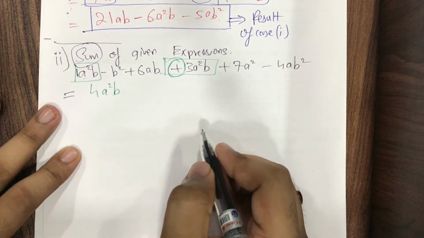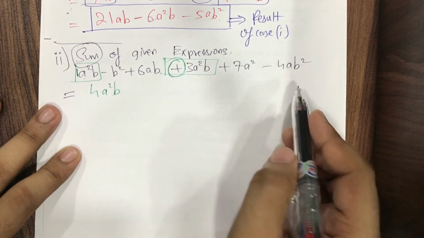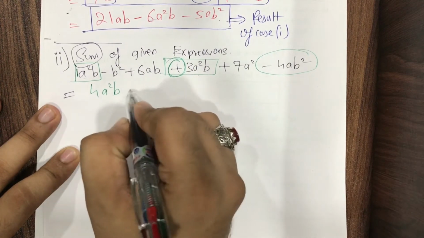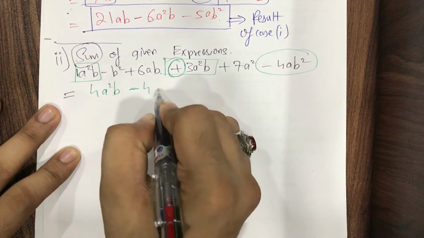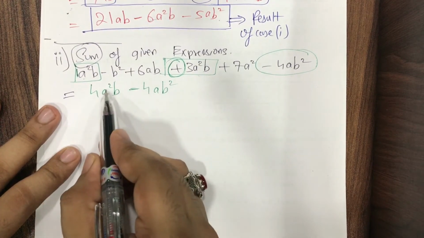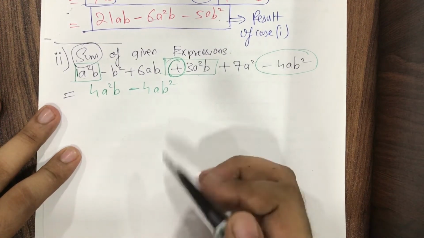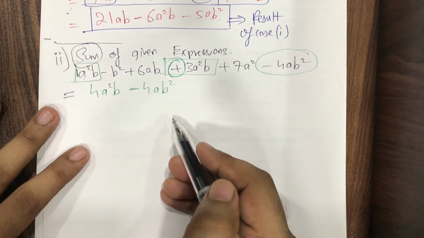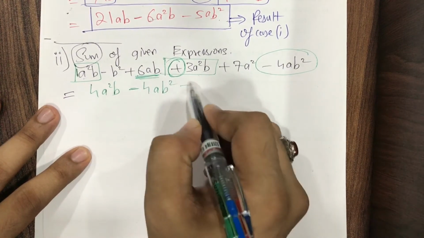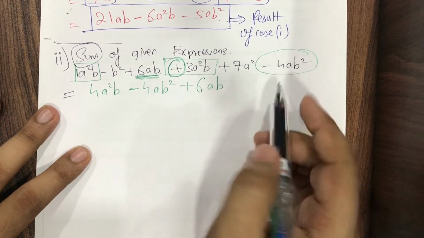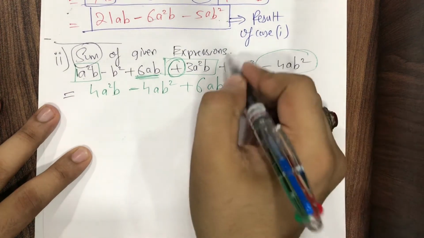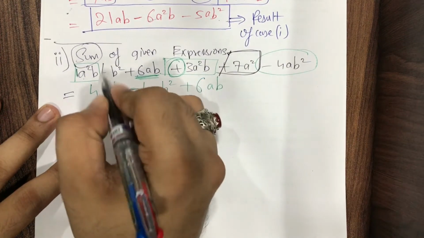Okay. How many terms can we see with ab square? With ab square, this is minus 4ab square. Any other with ab square? No other terms. So just write this minus 4ab square. See, don't be excited and cancel out. It looks very same, but this is a square b and this is ab square. Okay. Any terms with only ab? Yes, only this term I can see with only ab. It's plus 6ab. Okay. And then we are left with this one. I'll highlight it with another color. It's 7a square, and here it is minus b square.